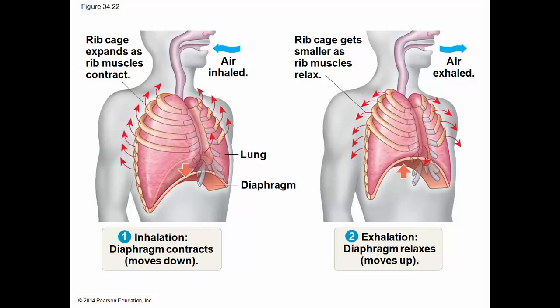Inhalation: a mammal breathes by changing the air pressure within its lungs relative to the pressure of the outside atmosphere. So basically, when you inhale, your muscles are drawing down on the diaphragm, which is part of the pleural cavity. The pleural cavity, I think we may get into that in our pig dissection lab, but it's the